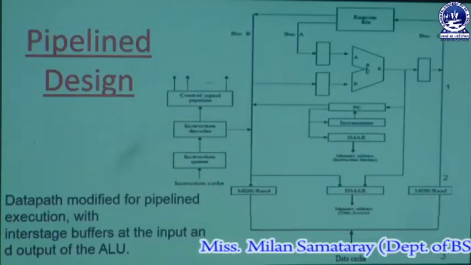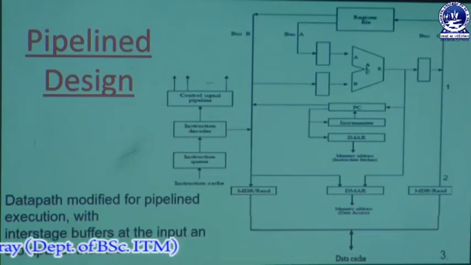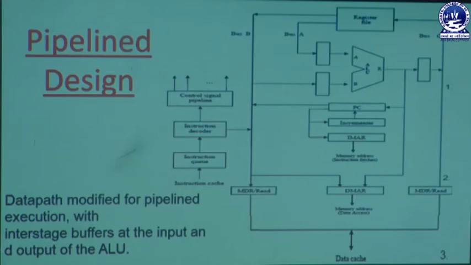So the first operation is reading an instruction from the instruction cache. Here is our instruction cache. The instruction is fetched from this instruction cache, and then it is loaded into this instruction queue, and then this instruction decoder decodes the instruction into different small parts so that we can perform the operations.